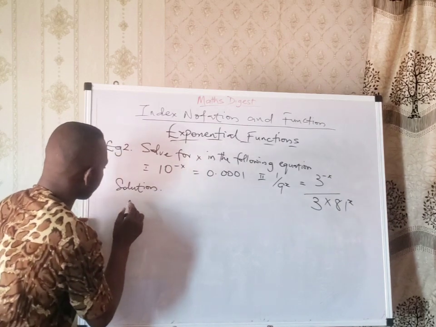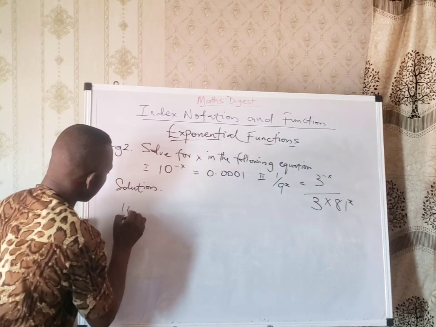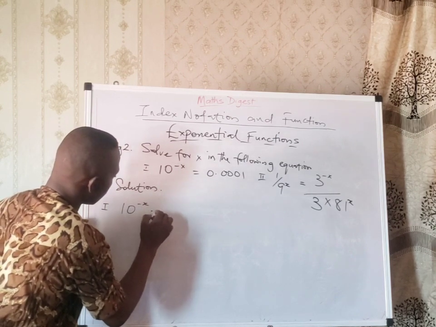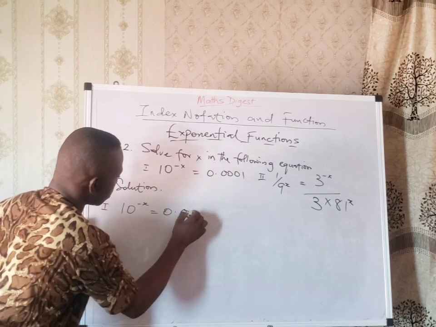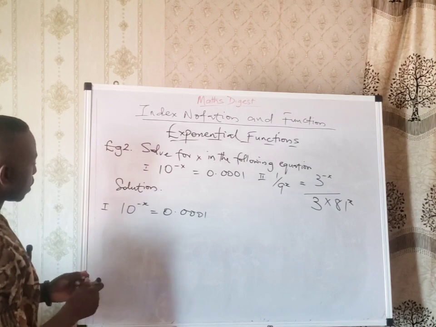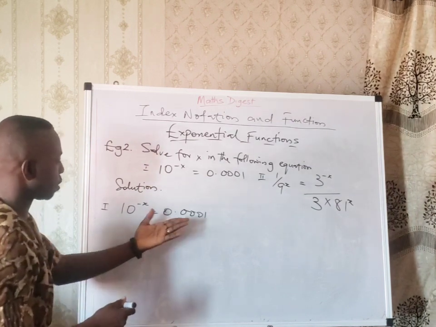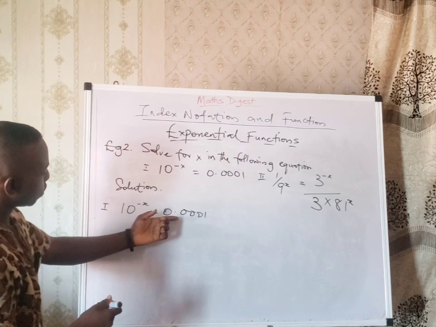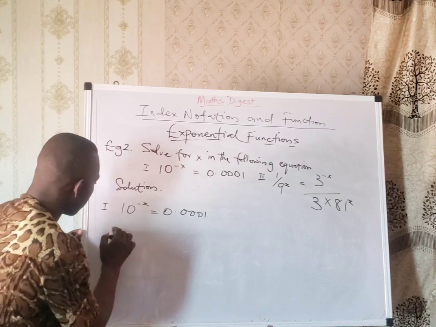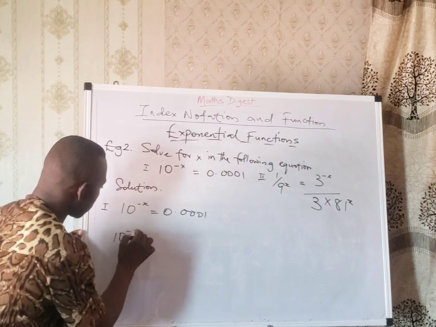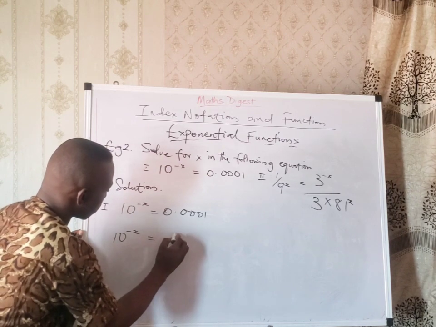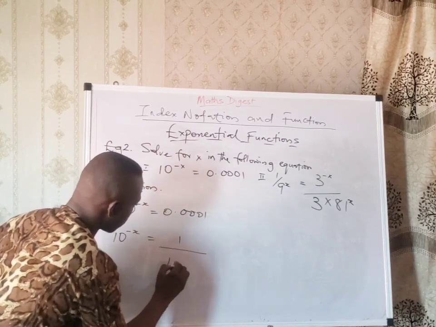Now we have 10, that is number 1, 10 raised to the power minus x equal to 0.0001. Okay, remember this. We said that when you have this, you first of all convert it to what? A fraction. Okay, so we have 10 raised to the power minus x equal to 1 all over